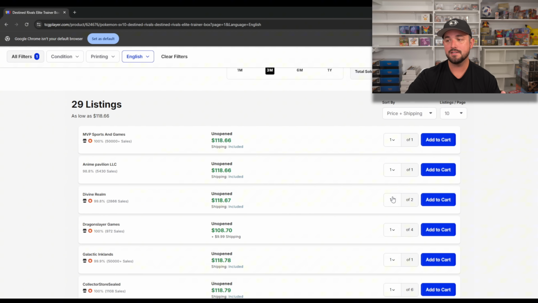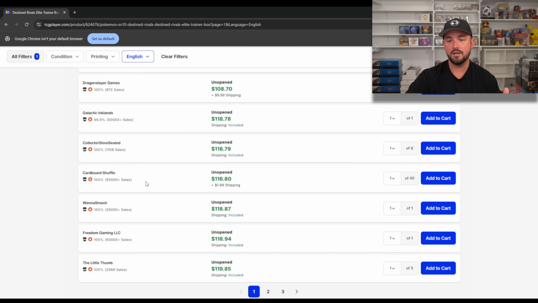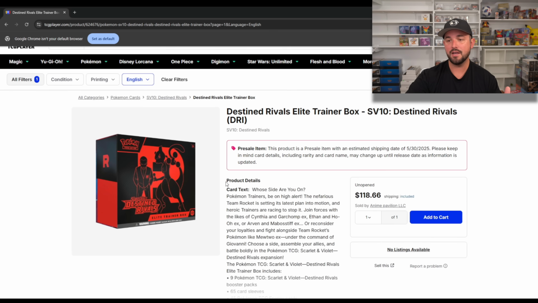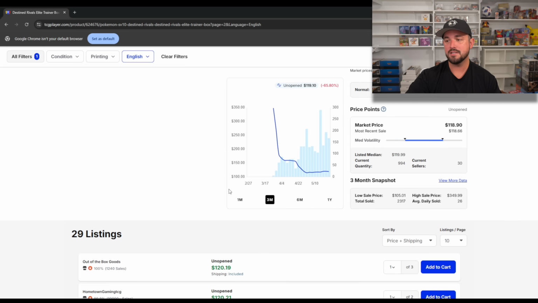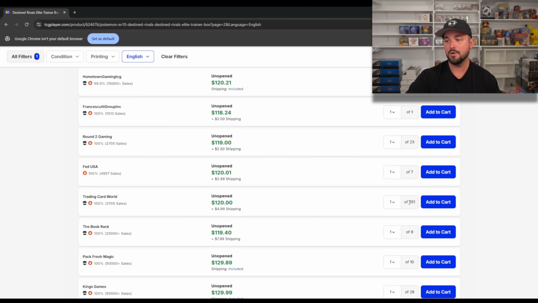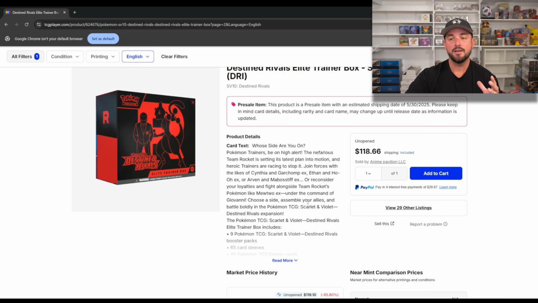Gonna look down through this list and see. I mean, Run and Dry here. There's 40 here from Cardboard Shuffler. Let's look at page 2. I think I know probably who the biggest number on one of these pages is going to be. No big numbers here. Oh, there we go. And of course, yeah, Trading Card World, 651 ETBs. So more than half of the ETBs are held by this one seller. That might be the problem a little bit in the marketplace here,